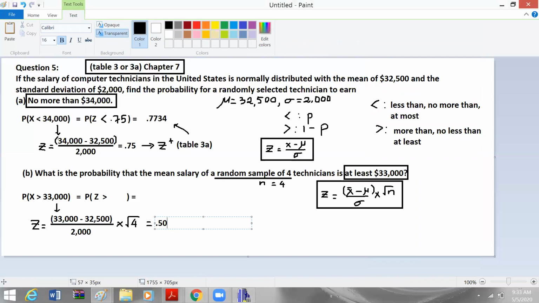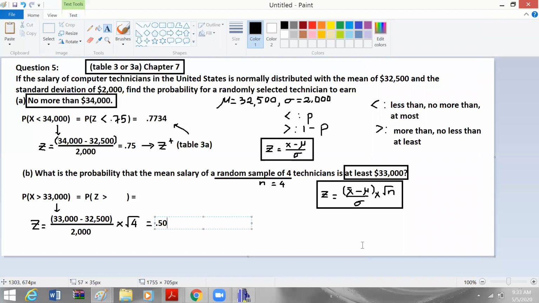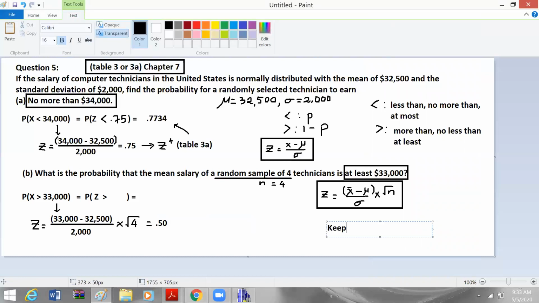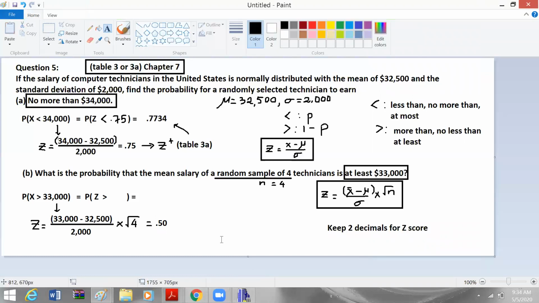But usually on the final exam, you have to keep 2 decimal numbers for the z-score. Remember that. Why do we have to keep 2 decimal numbers for the z-score? Because the final exam is going to give us 2 decimal numbers. So keep 2 decimal numbers for the z-score, right? Because the chart only gives us 2 decimals like that. So after that, we're going to put down this is 0.5,